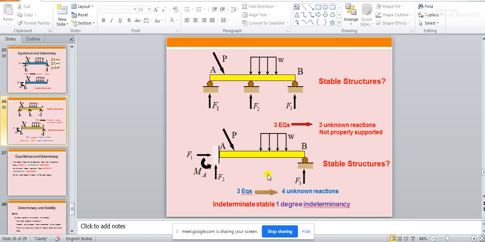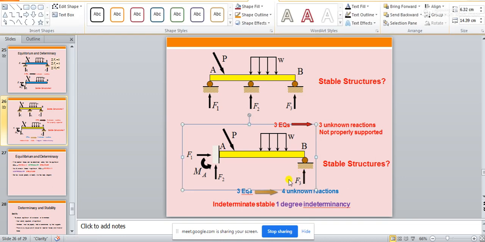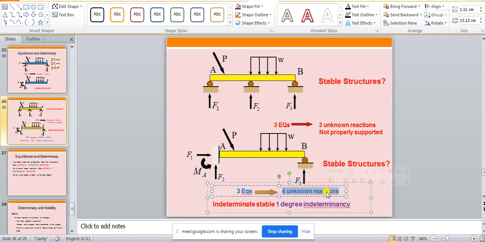the unknown reaction components in this case are 1, 2, 3 and 4. So 4 unknown reactions, and from the equilibrium equations, how many equations of equilibrium do we have? As it is a two-dimensional structure, we have 3 equations of equilibrium available with us. So once we have 3 equations of equilibrium and there are 4 unknown reactions, in that case